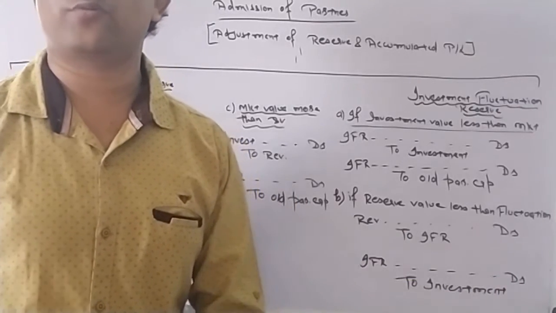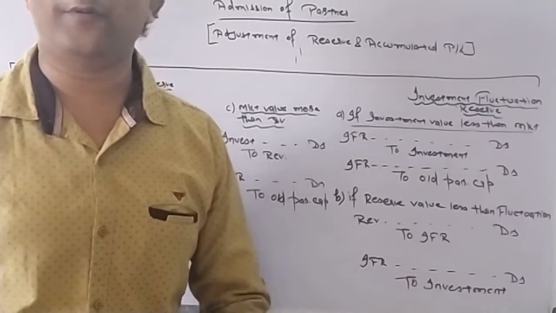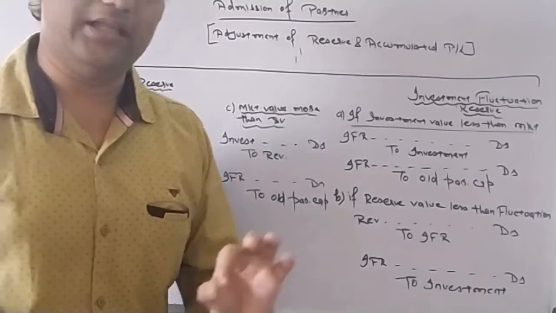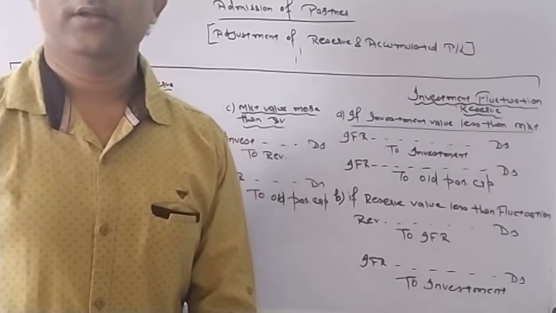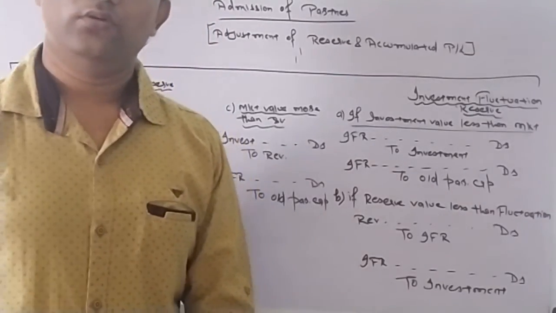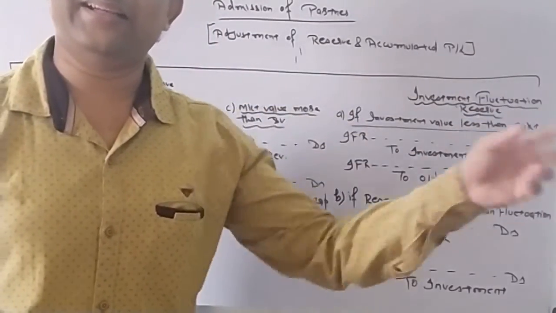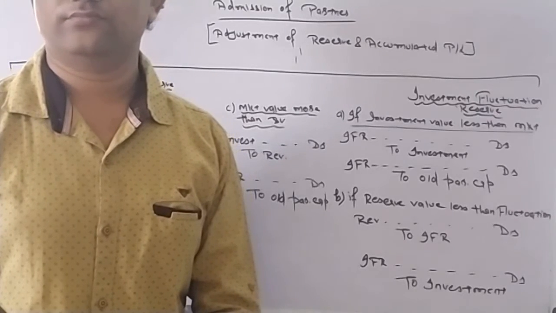Revaluation account debit to investment, 3,000 rupees. If there would have been no reserve prepared by the company, then we have done that entry. Revaluation account debit to investment. Because we have learned that whenever any asset's value goes down, we should deal with revaluation. Asset and liability up and down, deal with revaluation account.